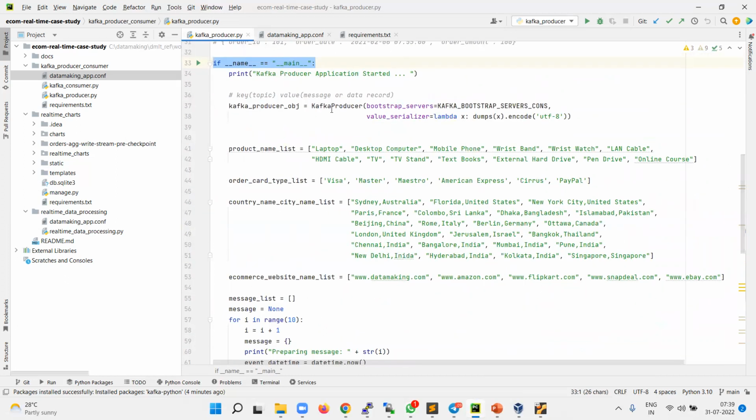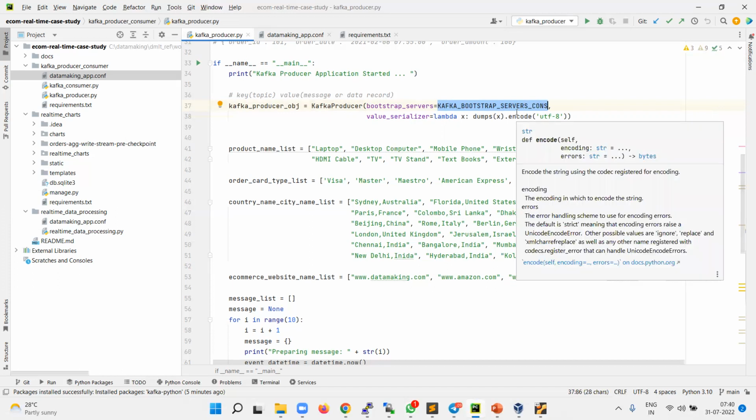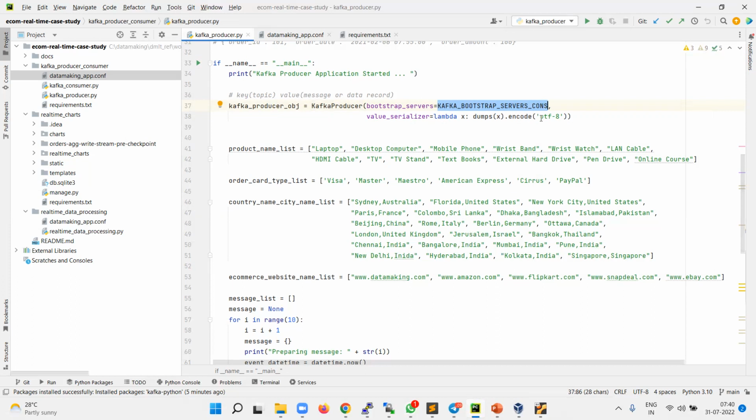And inside that, we want to create a producer object, because the entire program is for Kafka producer. We want to publish the data into a Kafka topic. So when you create an object of Kafka producer, you have to pass a few parameters. One is the Kafka bootstrap server. As I mentioned, Kafka is a distributed messaging system. It can have multiple hosts, like multiple brokers in your Kafka cluster. So if you want to specify multiple, you can specify with a comma separator. Like first bootstrap server